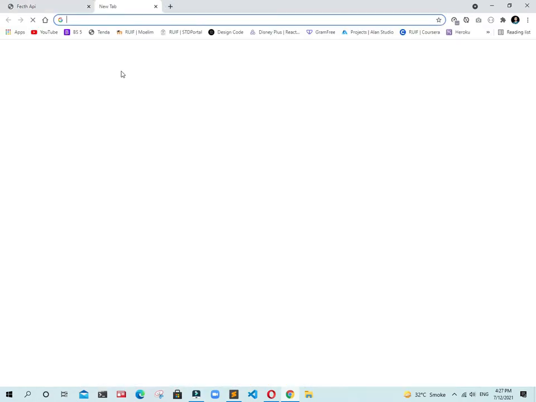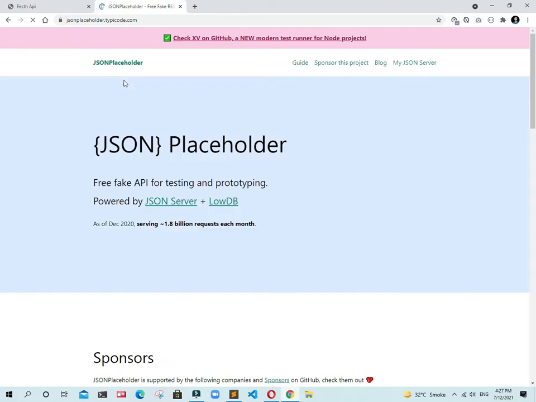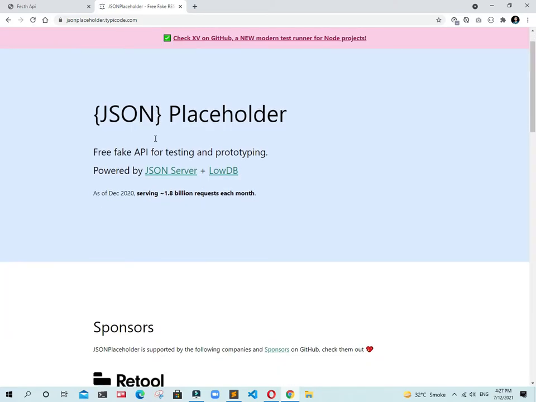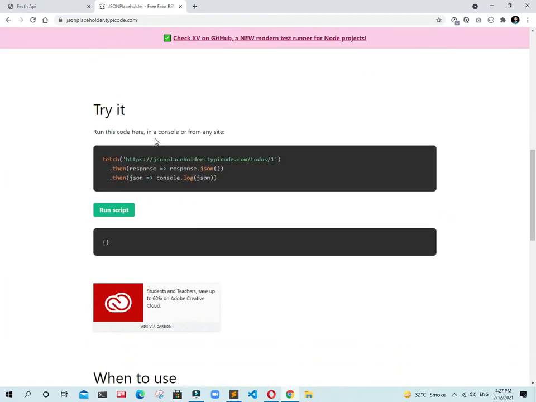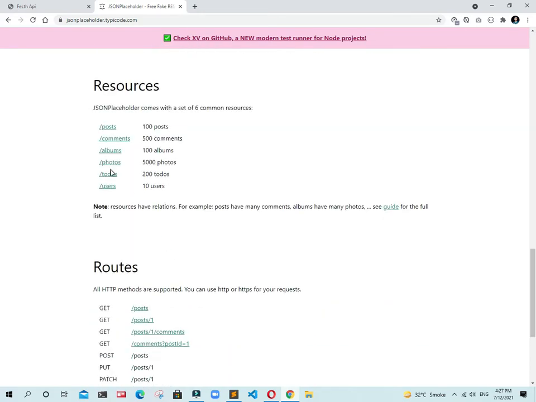Now guys, just go to Google and search for JSON Placeholder, which is a REST API website. If I run this script, you see it is fetching data. It is the demo for our API. We need to just select these photos.